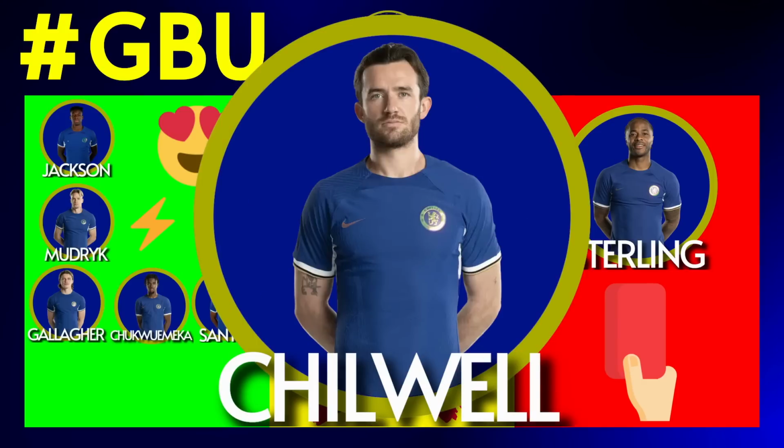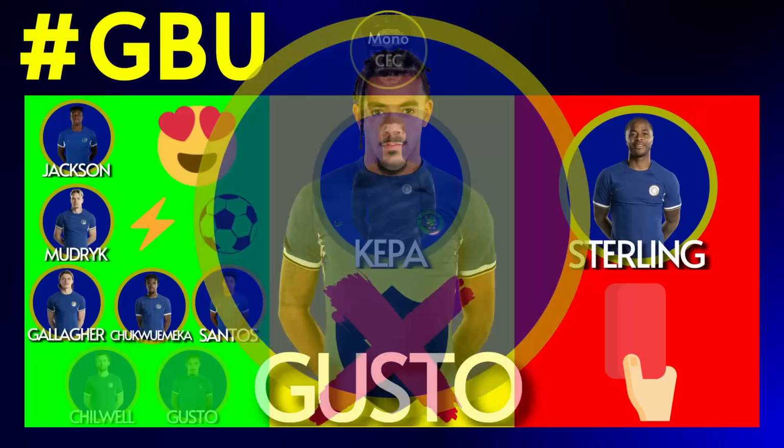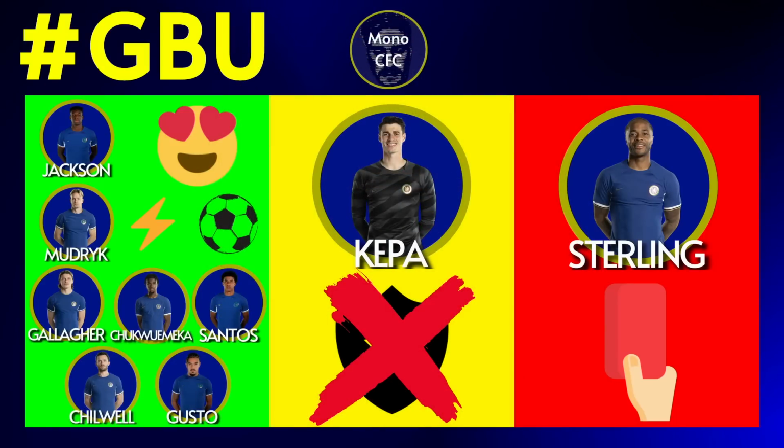Both Ben Chilwell and Malo Gusto were excellent in this, I feel, for very different reasons. Let's start with Chilwell, who was electric in terms of his attacking play, showing his great energy and pace at times, which is something we don't usually associate him with, bombing up the field and creating chances, and even having an interview midway through the game. Jokes aside, he did exactly what the manager asked of him, and I think he's slowly getting back to his best after a less than inspiring performance against Wrexham. As for Malo Gusto,